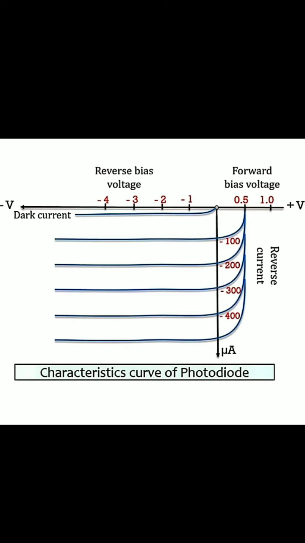You see that in the normal condition, when you just switch on the key and nothing is applied, you still get some amount of current in the ammeter, that is dark current, at zero voltage. Now as we increase the reverse bias voltage, the electric current also increases, but this current is measured in microamperes. So this is the IV characteristics curve for the photodiode.